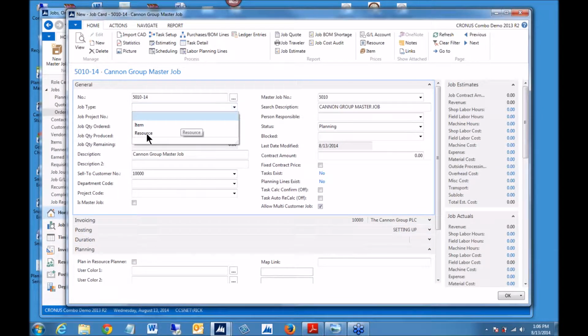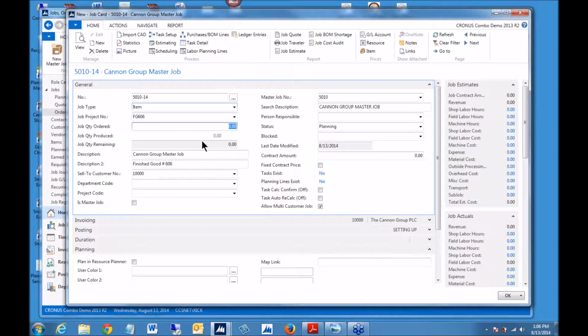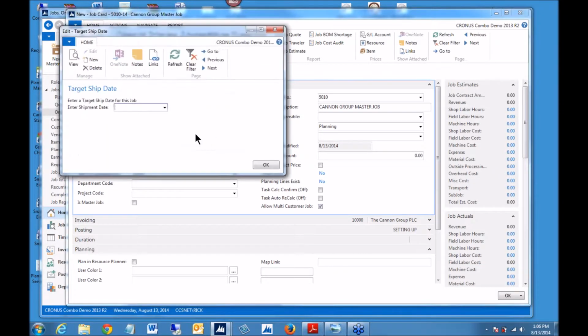I like to have templates for the type of work that I do. In this case, I'm going to do an item job where I'm manufacturing a finished good. So I'm going to make an FG606, which is the item I've got in my inventory. You'll be pleased I'm not using the bicycle here, and let's make 30 of them. So I'm going to say we're going to produce 30,